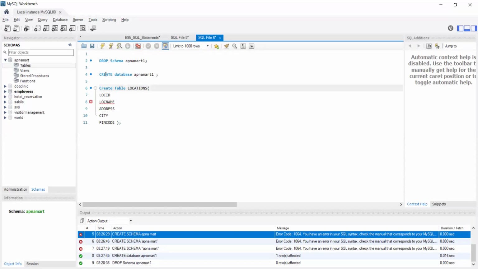Okay, so these are your five columns that we want to add. Great. Now,